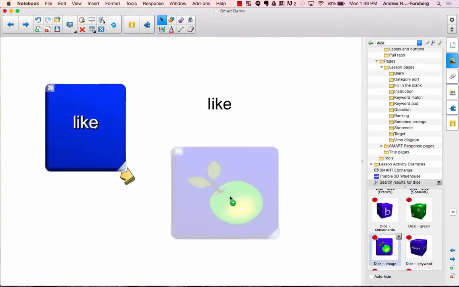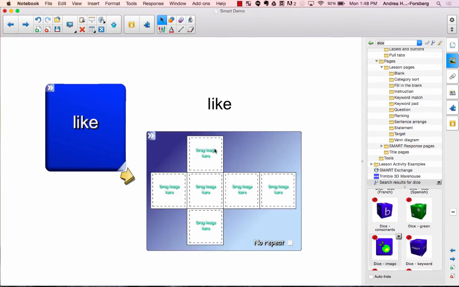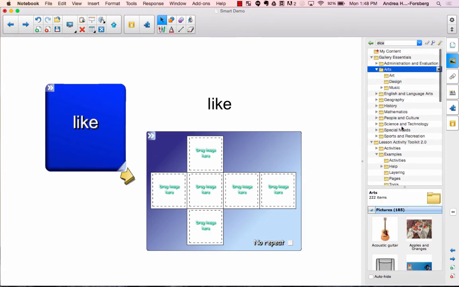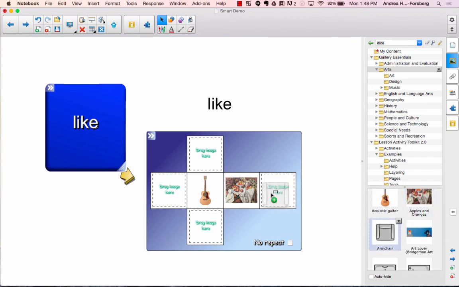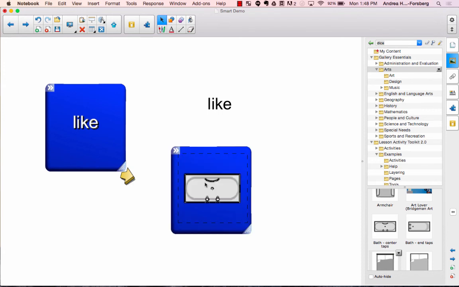There is also an image one as well, and this one is just like the word one, except this time it's going to show you all 6 sides, and you're going to actually drag an image onto the dice. So whatever images you would like to have on the dice, you can simply drag those on there, and then when you're finished, click the double arrow, and whatever picture you put in there, that one will be